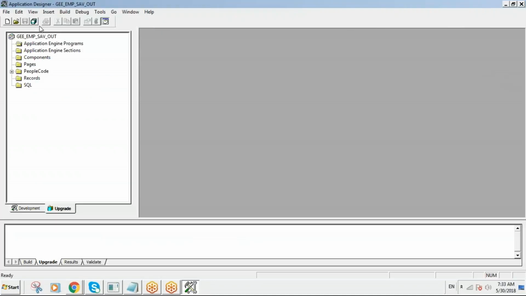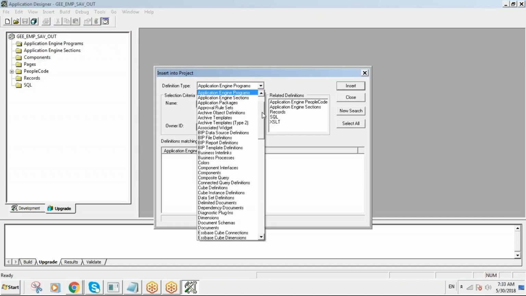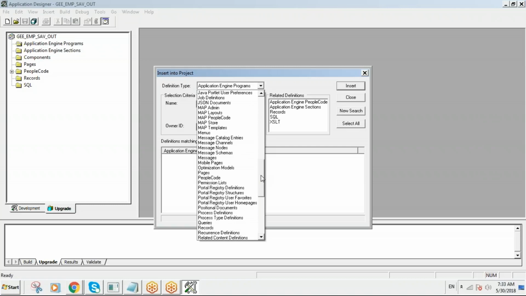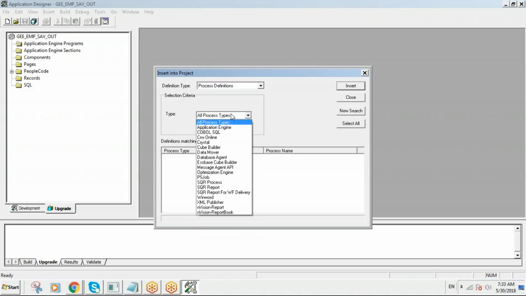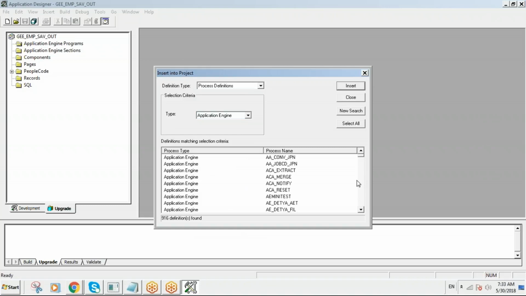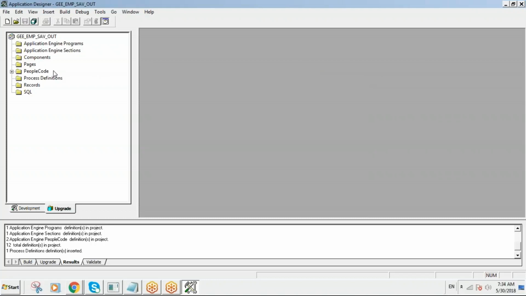Then open the application designer, open your project, insert definitions into project. The app engine program is already there. Then go to the process definition, application engine. You have to check based on your name. This is our process definition. Insert it. You see, process definition is available in the upgrade tab. It won't display in the development tab. Why? Because it's not an application designer object. We have not developed it in the application designer. Now, next,